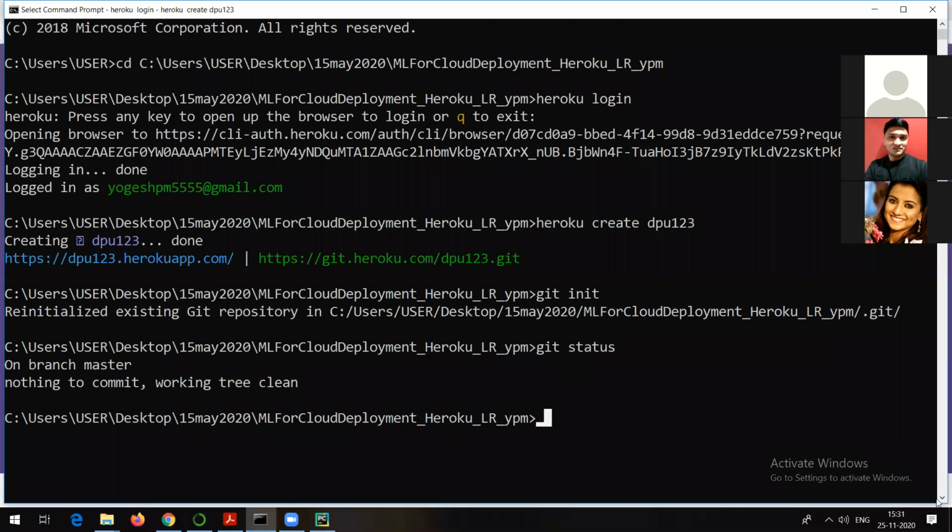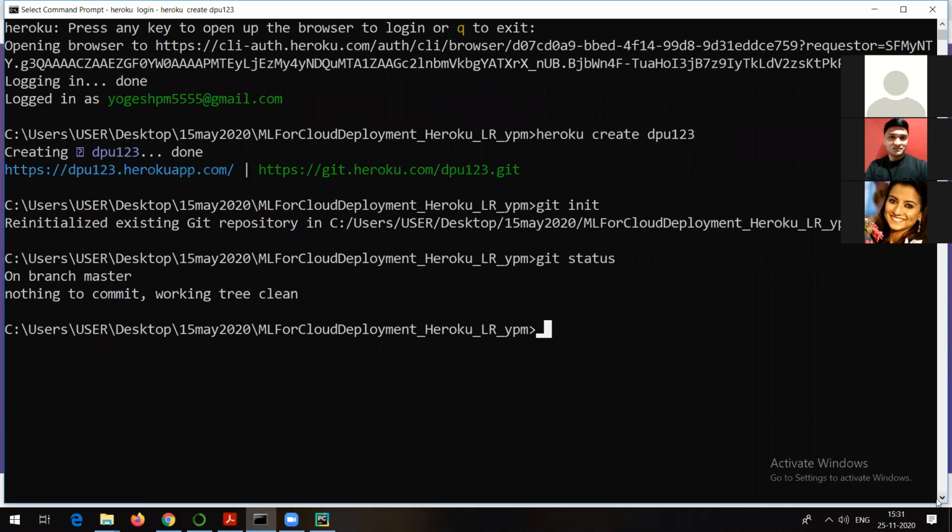Now what we are going to do, after Git status, the fifth step will be, from my local machine, I am going to put everything to the Git repository. For that, the command is like this: git add dot. Try to understand. Why git? Because it's a git command. Why add? Because we are trying to add some files from the current directory to the Git repository.